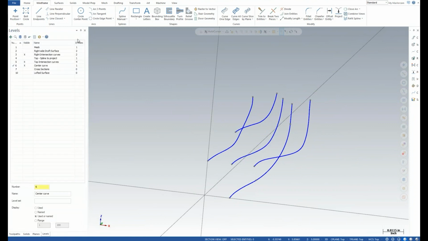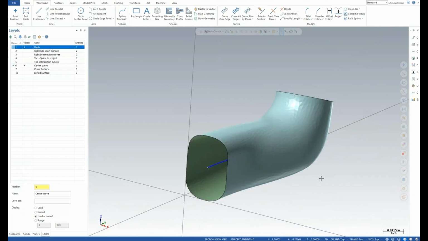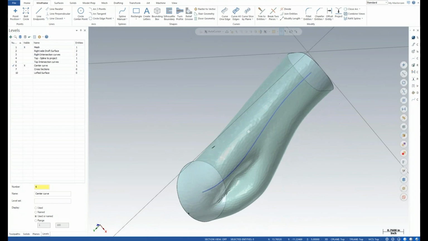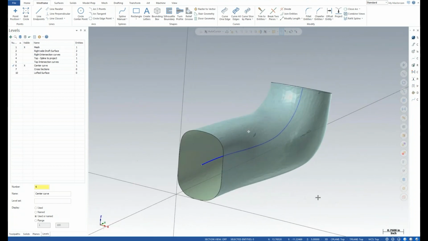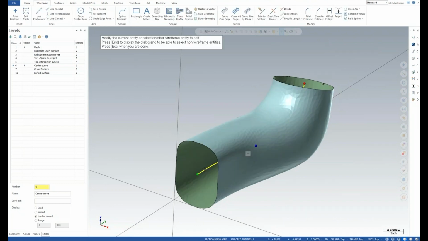So I like that. I'm going to turn off the curves that we had at first, and then we'll go ahead and turn our mesh back on. And we'll go into translucent mode so we can see where that curve passes through. So that's a nice curve, nice and smooth. But what I'm going to do here, actually, I'm going to do a couple of things. I'm going to use our new top level editing function. I'll double click, and I'm just going to go ahead and extend that spline just a half inch or so.